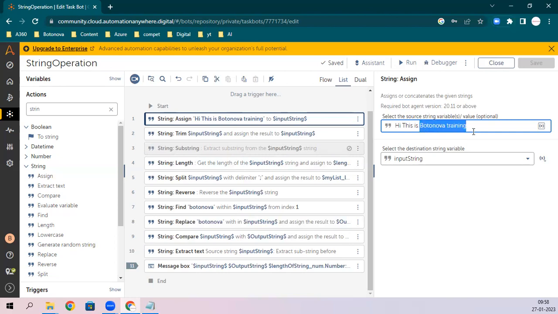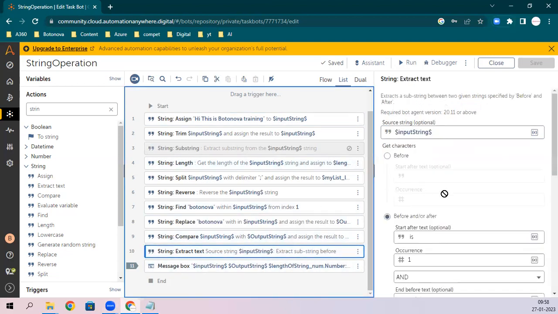Okay, now you want to get only this: hi, this is Botanova. So whatever you have before training you want to get, because in the string there might be any manipulation. You want the before text, you want the after text, you want just before and after, in between, you want to get this. So you have to give some before thing and after thing. Let's suppose, as I mentioned, I want to get this thing. So you have to give before thing as well and after thing, then only you will get it with the and condition. Before में ये होना चाहिए and after में ये होना चाहिए, then only you can get Botanova.